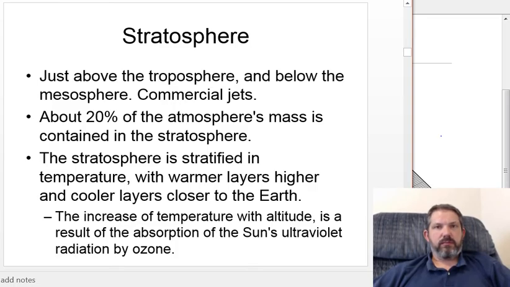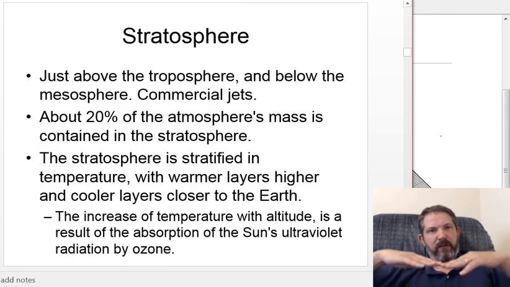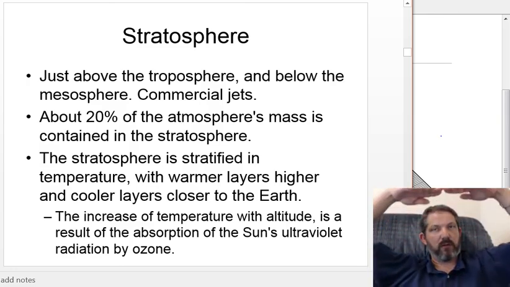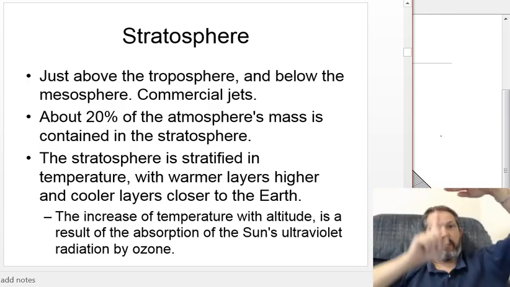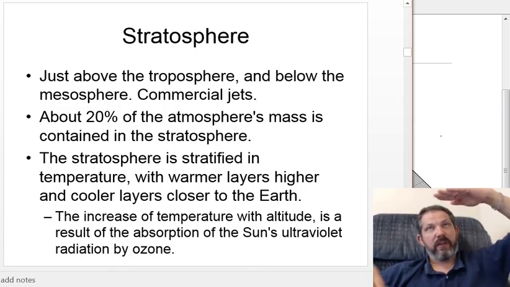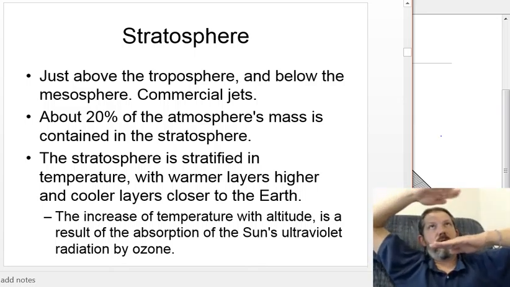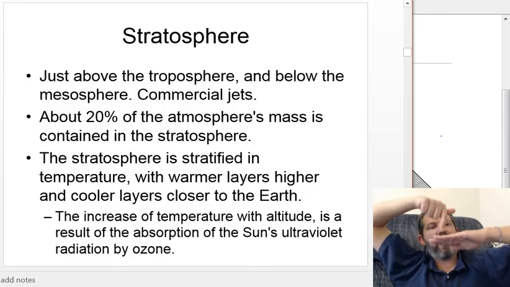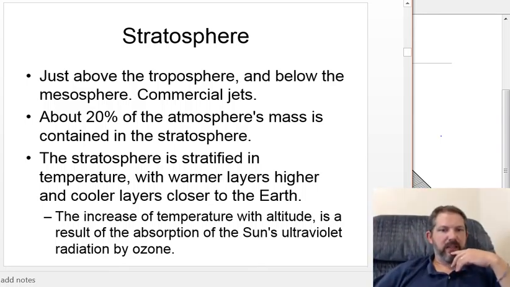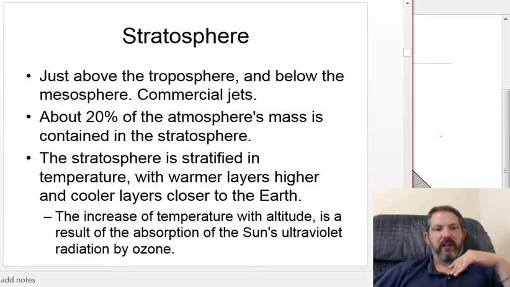So the stratosphere gets its name because it's stratified. Now, for the troposphere, as you go up in elevation, it gets colder and colder and colder. Right? The further up you go, the colder it gets. But within the stratosphere, it's the opposite. The warmer layers are up high, and as you go down, it gets cooler. And that has to do with the fact that it's absorbing ultraviolet radiation in this area, and that warms up